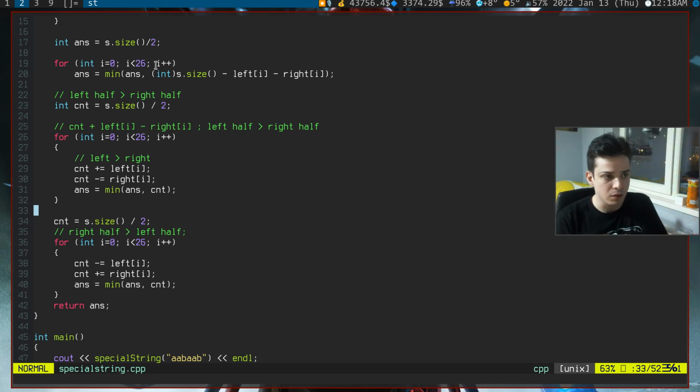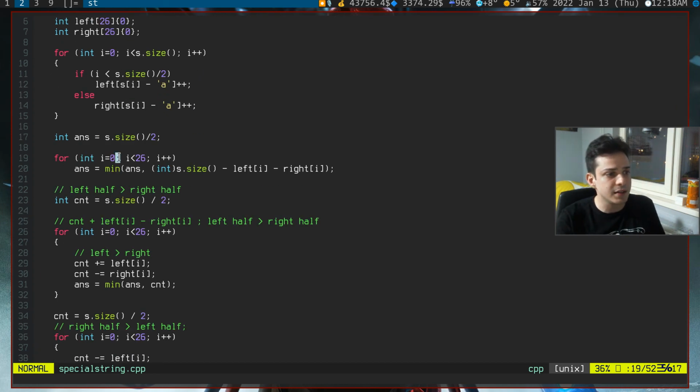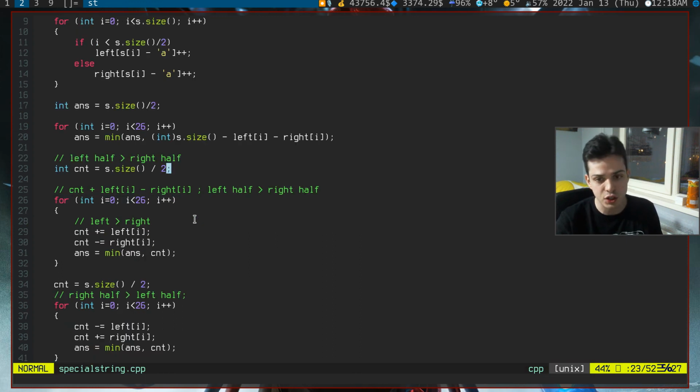Let's make a summary now. We've counted both the left alphabet elements and the right alphabet elements of our initial string. We've counted them one by one, incremented them one by one, and we've set our answer to the maximum possible answer. And to find equals, we've subtracted left[i] and right[i] from the initial size of our string. And to be able to solve the difference between left half and right half, we've initially set our counter equal to maximum again. And after each iteration, we've added left[i]'s alphabet elements total, and we've subtracted the right from